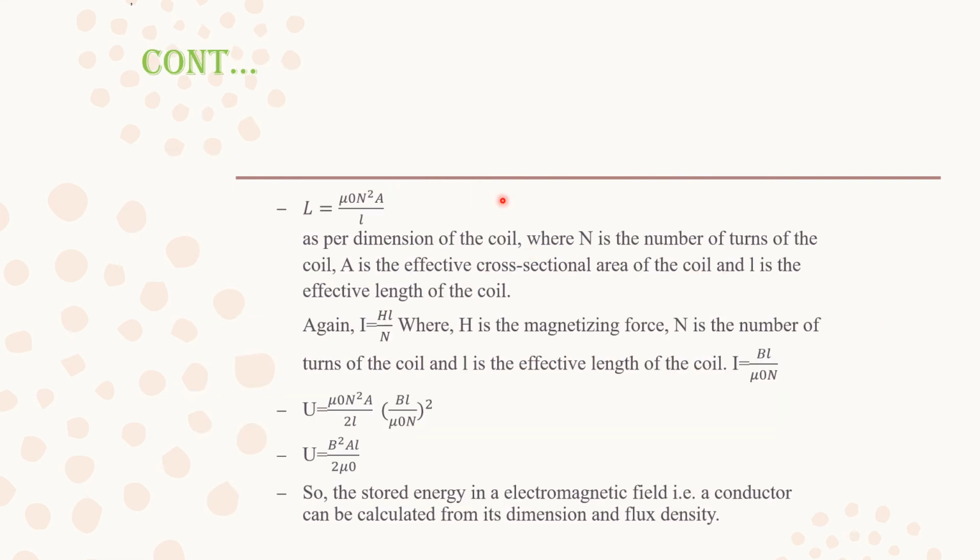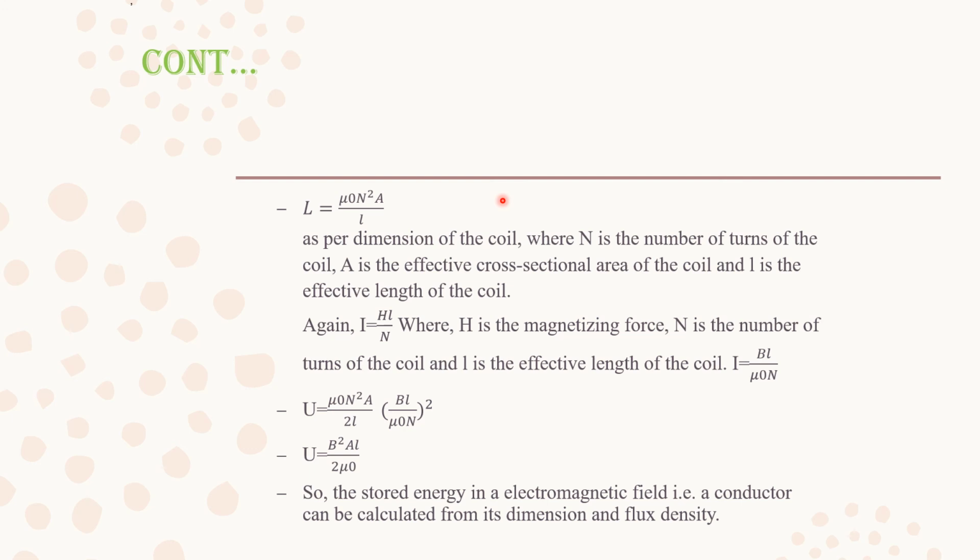Now we know that L is equal to mu 0 n square A upon l, as per the dimensions of coil, n is the number of turns of the coil, A is the effective cross-sectional area of the coil, and l is the effective length of the coil. Again, capital I is nothing but H l by N, where H is the magnetizing force and N is the number of turns of the coil and l is the effective length of the coil. So simply we can write this I as B into l by mu 0 N,